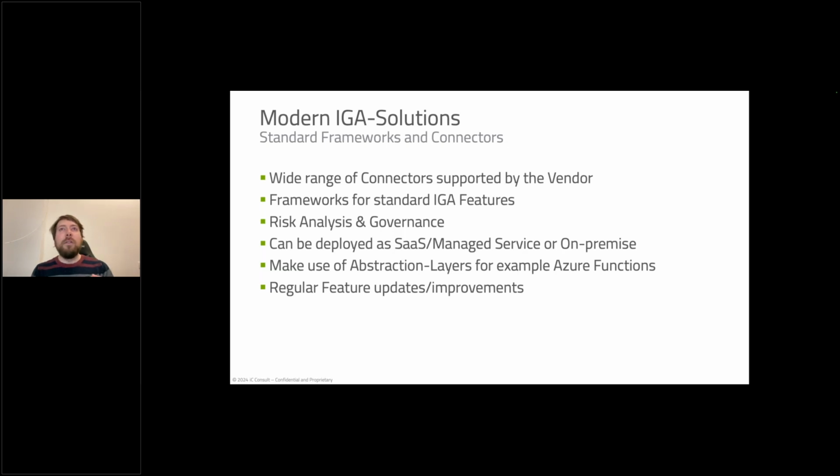The biggest change will be, since I mentioned with SAP IDM, most of these SAP IDM didn't have this risk analysis and governance really going for it. And with the new products, you normally always have a risk analysis and governance in there. So you can do segregation of duties. You can do risk scoring, so know which employee is really a high-risk employee and needs further protection. You can do full reports on this.